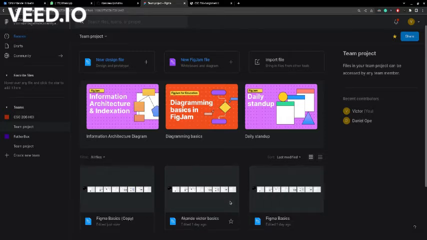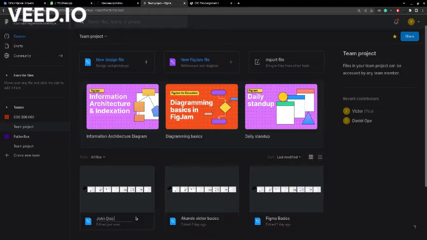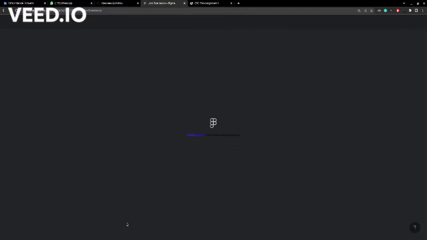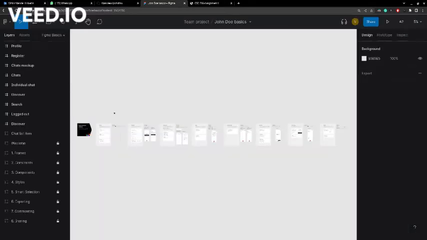So once you duplicate, you will see Figma basics copy. You right click on that, you rename. You use your name, in this case John Doe basics. Once you rename that file, you open the file. Once the project loads, you see this. All you need to do is zoom in,